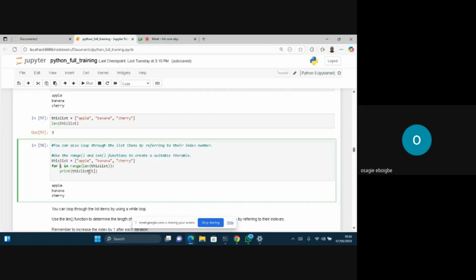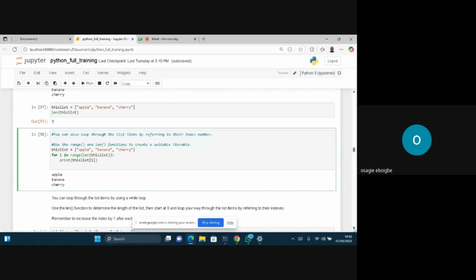You will still use your indexing. You still use the variable with the indexing in order to print out what you are doing with range. We will talk about range very soon. Range is very important. So that's just when you are using range in order to print out your